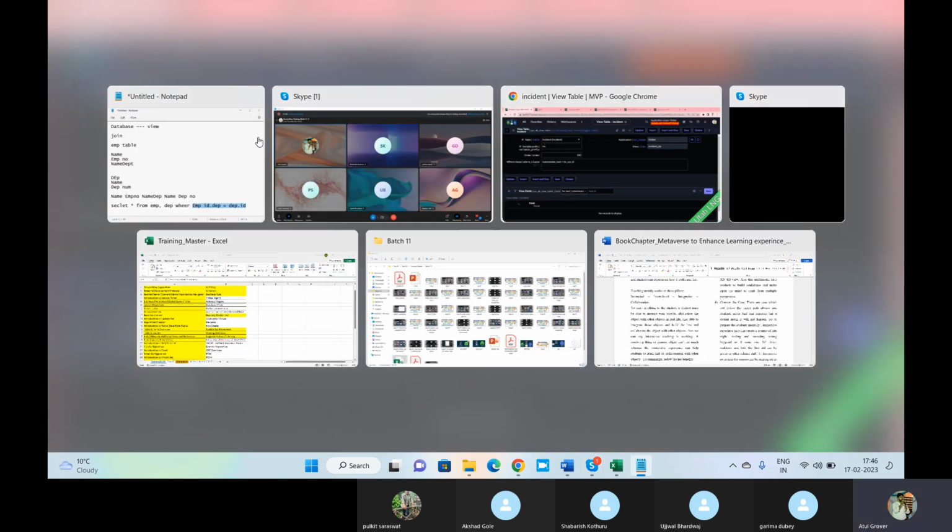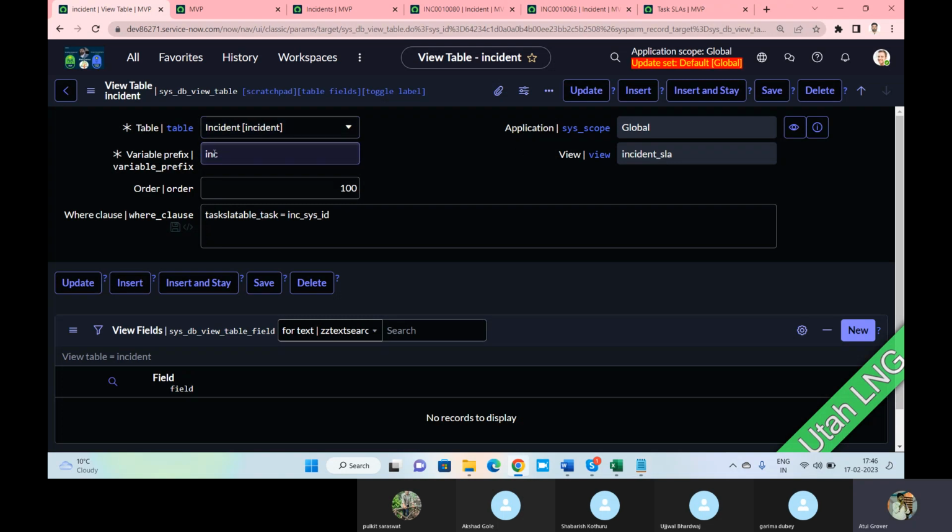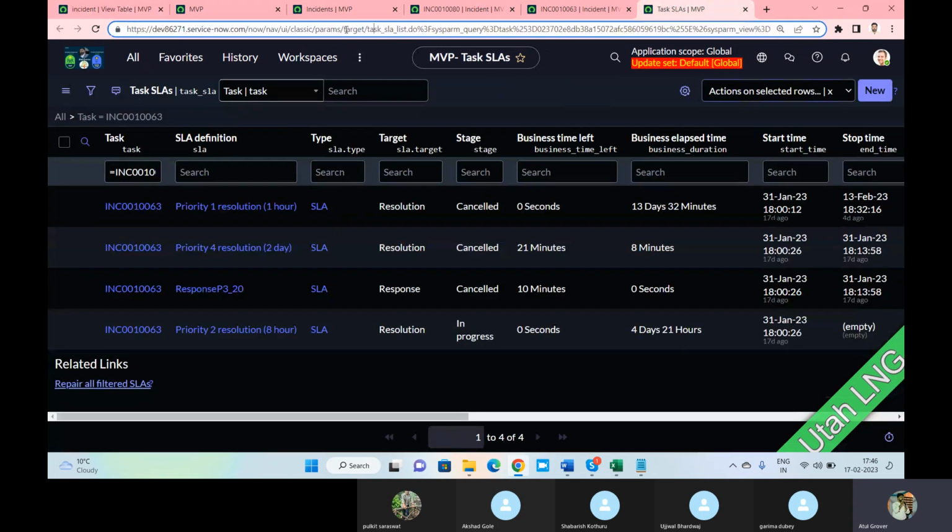Okay. So now I've put the prefix as incident so that I can identify that the columns where INC has been mentioned as a prefix are coming from the incident table. And here I mention my where clause. What does this mean? It says task SLA table, underscore task. It means in this particular table,